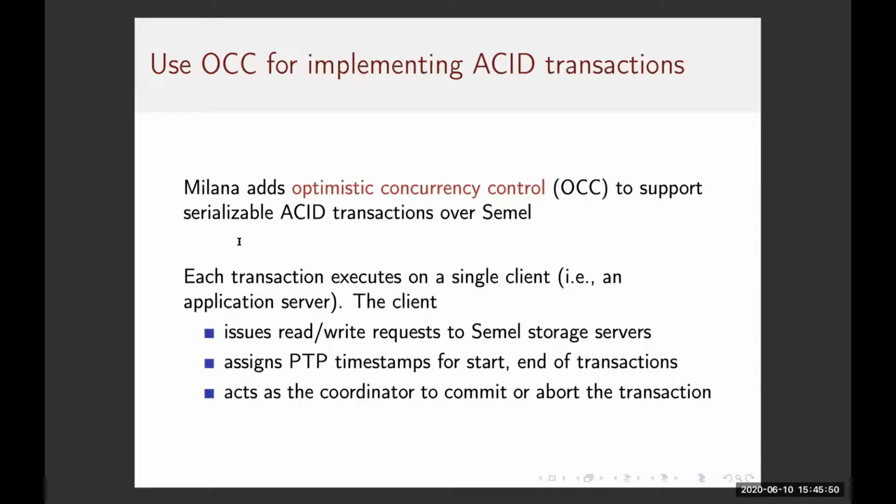So each transaction executes on a single client. That is an application server. They assume that these clients are not any client, but generally a well-known set of application servers. The client issues read-write requests to Semel storage servers, assigns PTP timestamps for start and end of transactions, and then